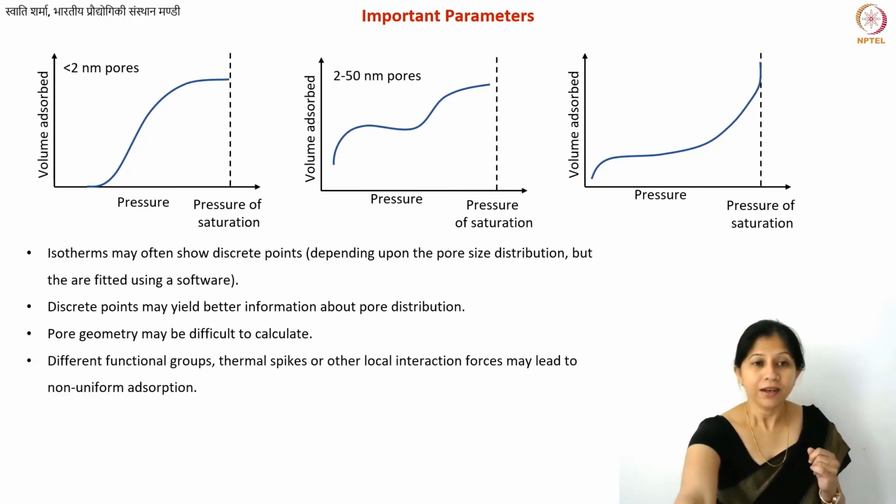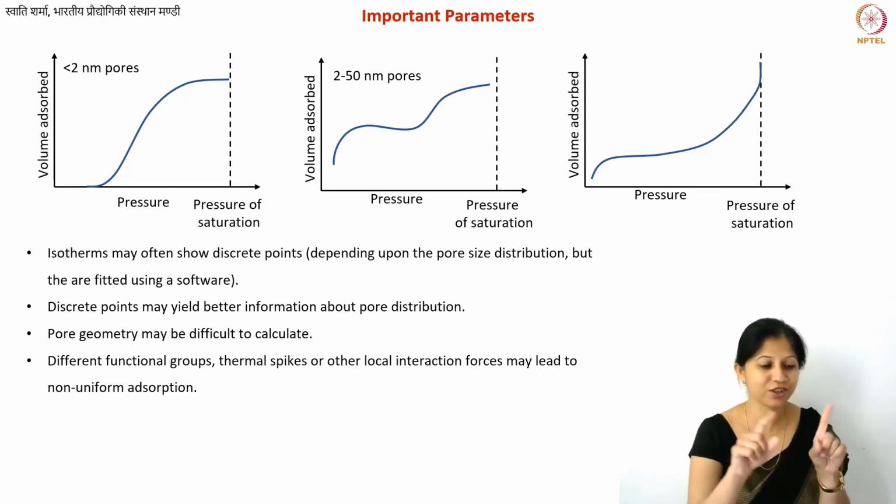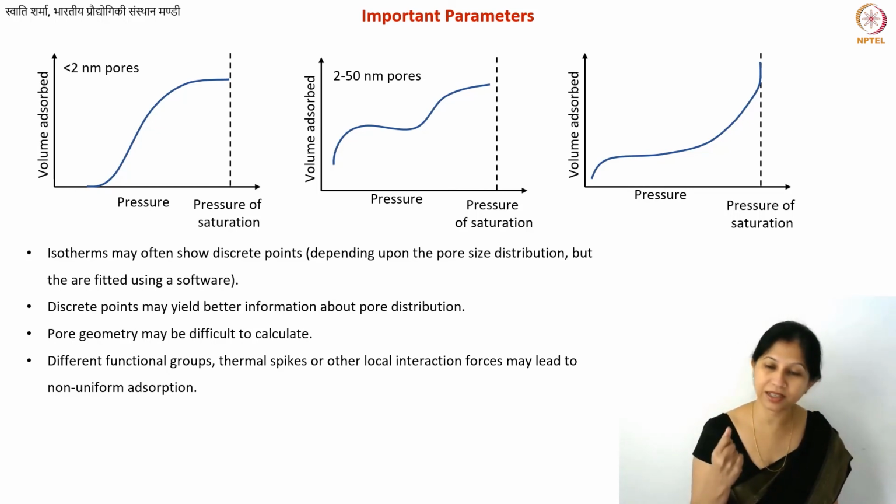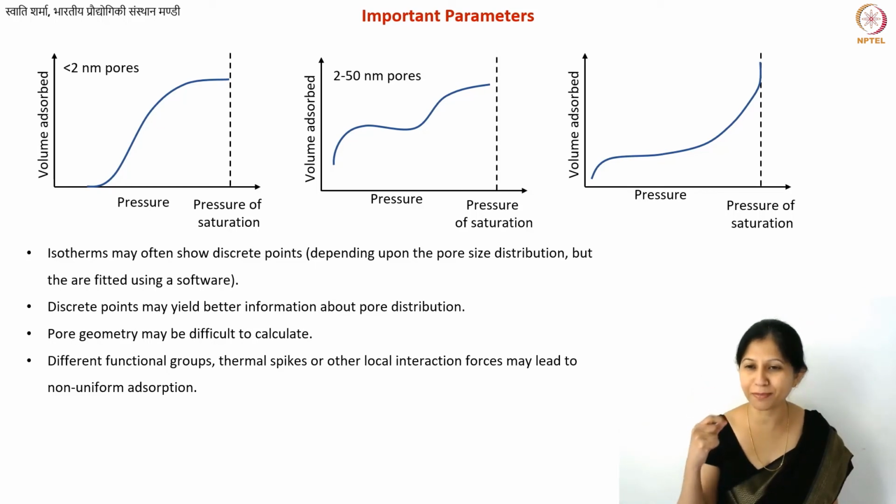Okay. Fine. What else? You have different functional groups. You also have what is known as thermal spikes. At different positions of your sample, you may even have certain temperature gradients. Although we are trying our best to ensure that we don't have these gradients, and to minimize the temperature or the molecular motion by using liquid nitrogen and so on, there are possibilities that even minor thermal spikes can change the adsorption behavior locally. So there are various parameters that can change the local adsorption behavior.